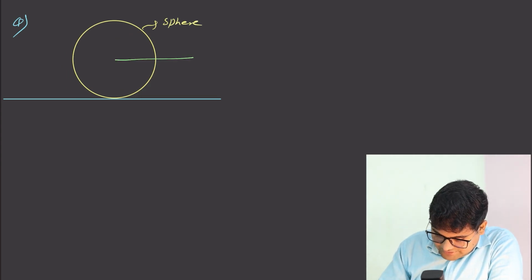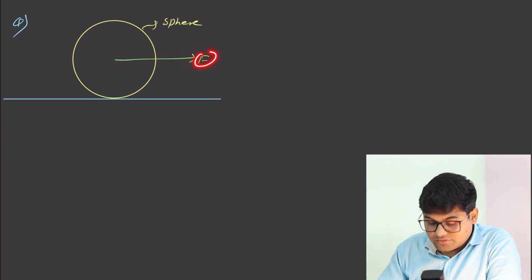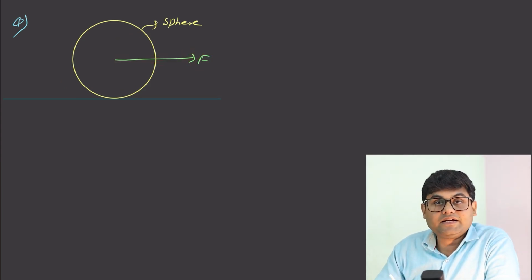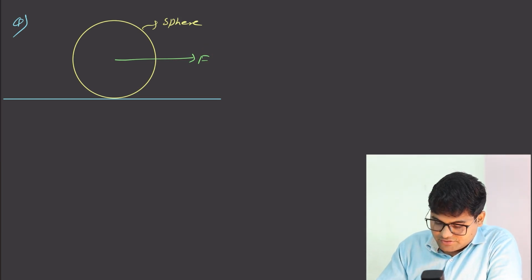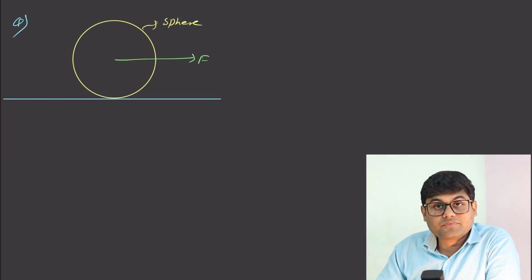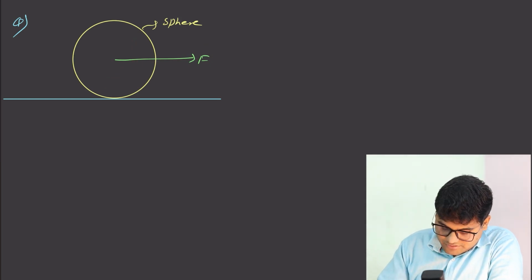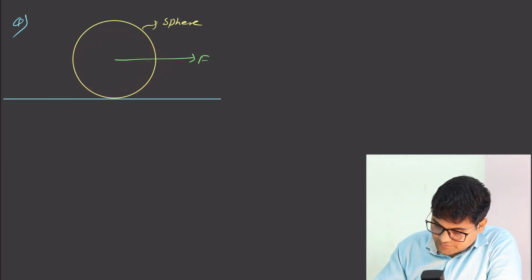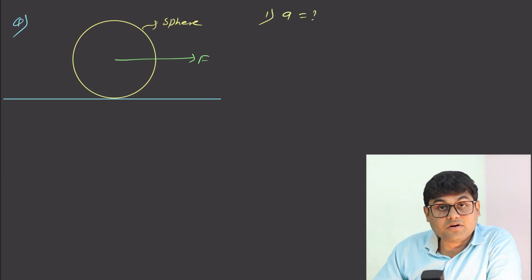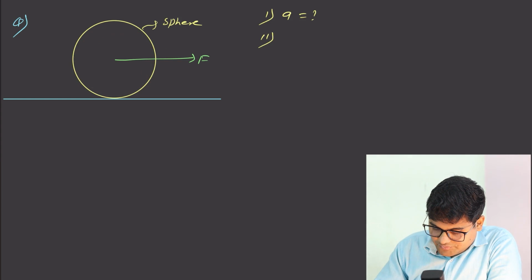Let's say a force F is acting on its center of mass. It is given that this body is performing pure rolling, this body is in pure rolling motion. Then calculate what will be its acceleration. First, what will be the acceleration of the body, and second,